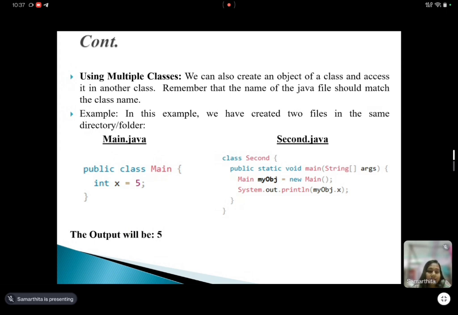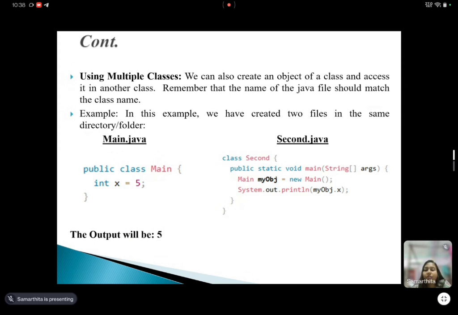And inside that, I have declared one integer, x equals 5, okay? As the class is declared publicly, any variable declared inside it will be accessible. Another class named second is also declared here, and inside that, the main function is declared.